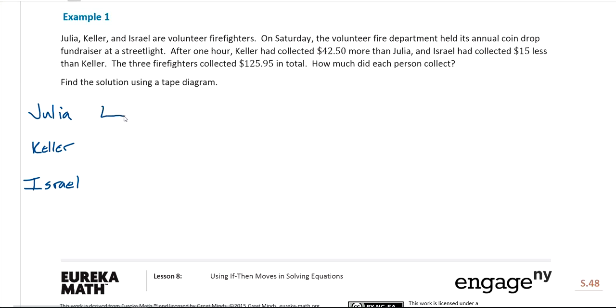Let's say Julia collects an amount represented by this piece of tape right here. Keller collected this same amount, so I'm going to try to make it perfectly the same length here. So we'll call this Julia's amount, and this is also Julia's amount,